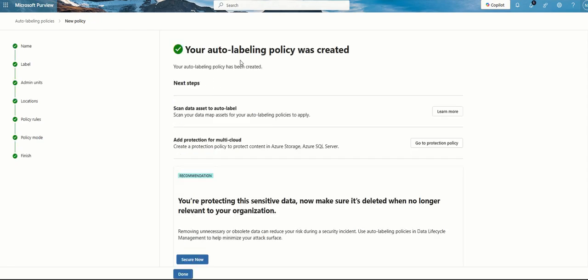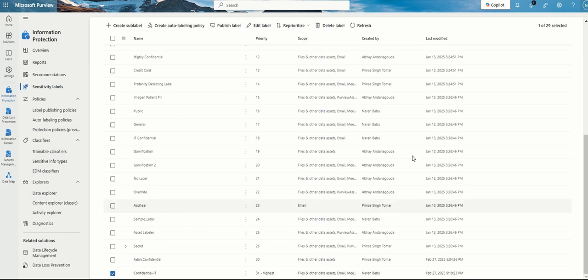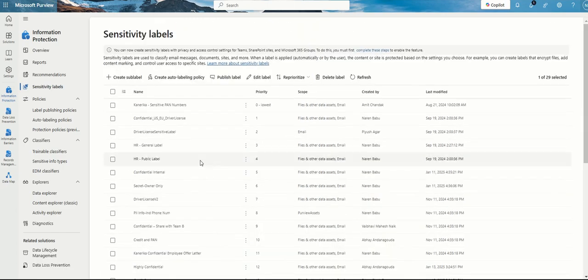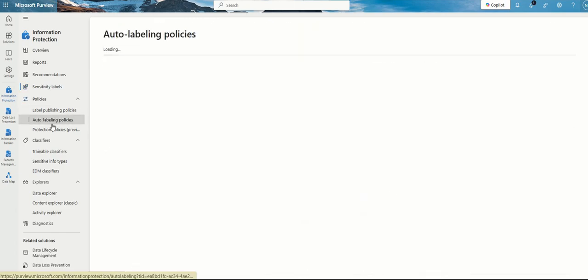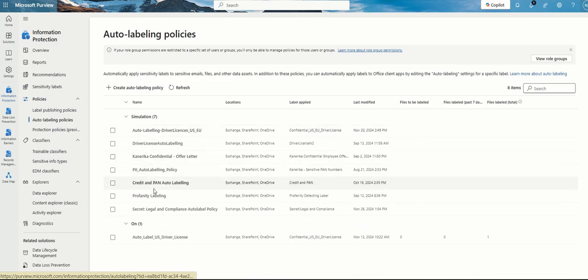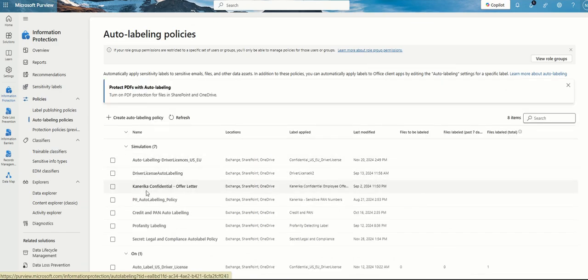So the auto labeling policy is created now, and click on done. So it should be available. You can see these policies under auto labeling policy. So the one that we created right now is